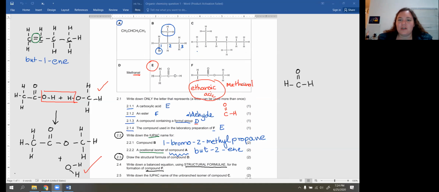I get that the name of F is fantastic. Methyl ethanoate. So it's alcohol aryl carboxylic acid OH. Don't ever write that in an exam. It's not a thing, but it's methyl ethanoate. So it's just a handy way to remember to do it. Last question asks you to write down the IUPAC name of the unbranched isomer of compound C. So if we're dealing with isomers which have different chain lengths,